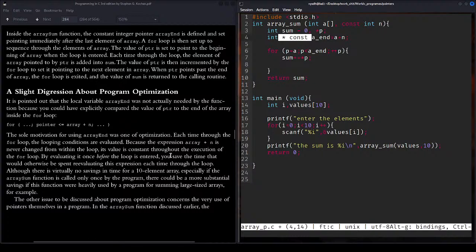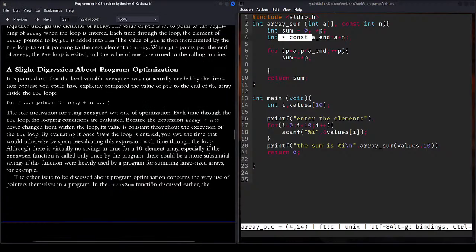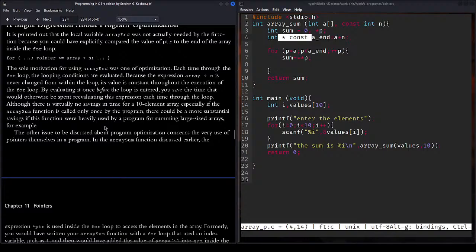Okay, so moving on to the program. I have given the reason why we have used this. They have given the reason that they want to keep this array constant throughout the program. Although there is virtually no saving in time for the tail element array, especially if the array sum function is called only once by the program, there could be more substantial savings if the function were heavily used by the program. Okay, the other issue to be discussed about the program optimization concerns the very use of pointers themselves